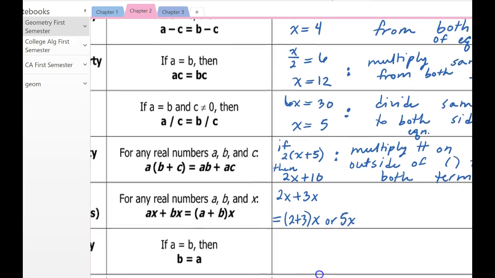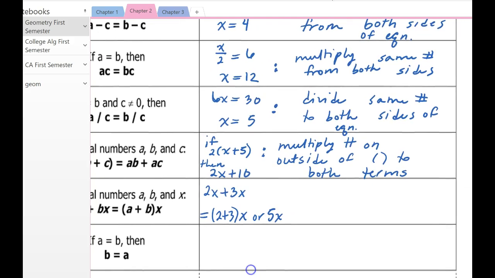Andrew? Okay, so how do we describe this? How do we describe that to help us remember it? Any ideas? Add numbers if they have x with them. So you add numbers, or we can say combine numbers, or add, or subtract. That's why I just say combine. Combine numbers